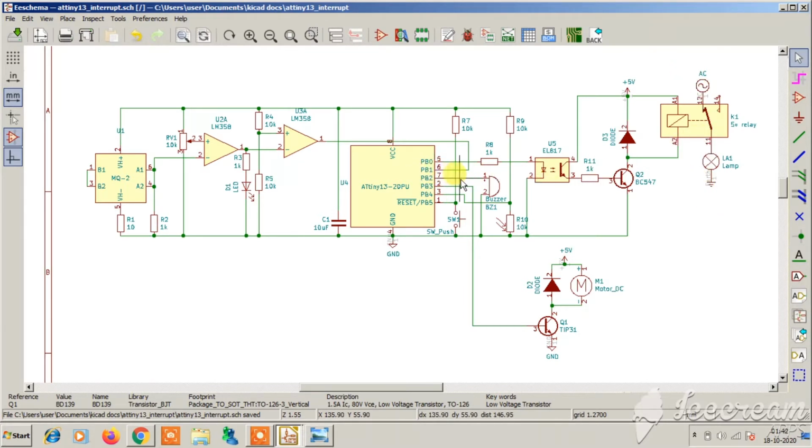also the buzzer at PB2, the LDR at PB4, and the reset button at PB5 with a 10k pull-up, a push button. And this is the transistor based TIP31 motor driver. Always use this flyback diode, and this is the DC water pump motor, which is used as the pump here for extinguishing the fire.